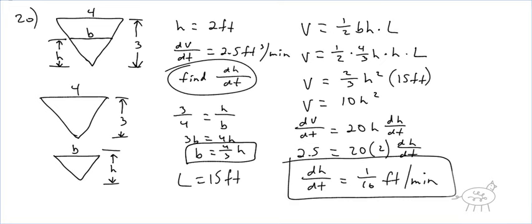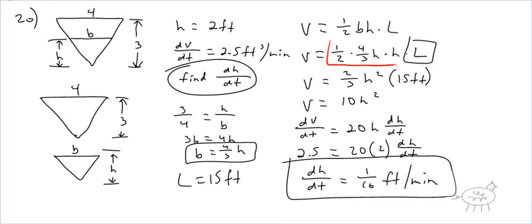Okay, so before I end this actually, math fans, I want to point out one thing here. First of all, this L, I plugged in 15 feet, and some of you are saying, well, why did you plug in a value right away? Well, let's say I would have kept it as L, which is okay. If I would have taken the derivative, it would have been the product rule. Do you guys agree with that? So it would have been, let me highlight this in red, this guy